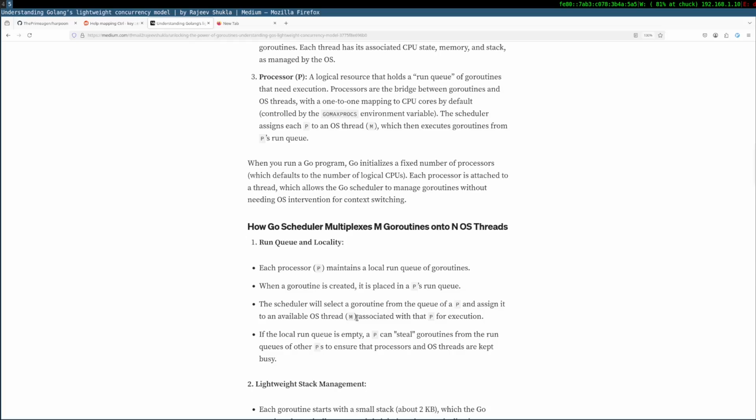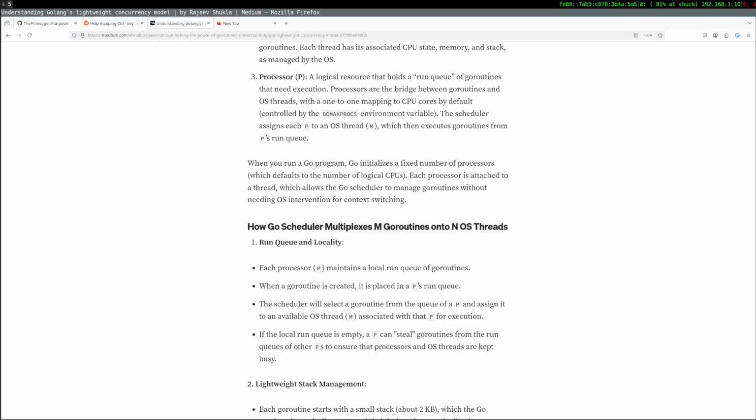Okay, so if I'm getting it right, it's somewhat like there are Go routines and there are process queues, and there are machine threads. Where was I? I just missed out. The scheduler will select a Go routine from the queue.